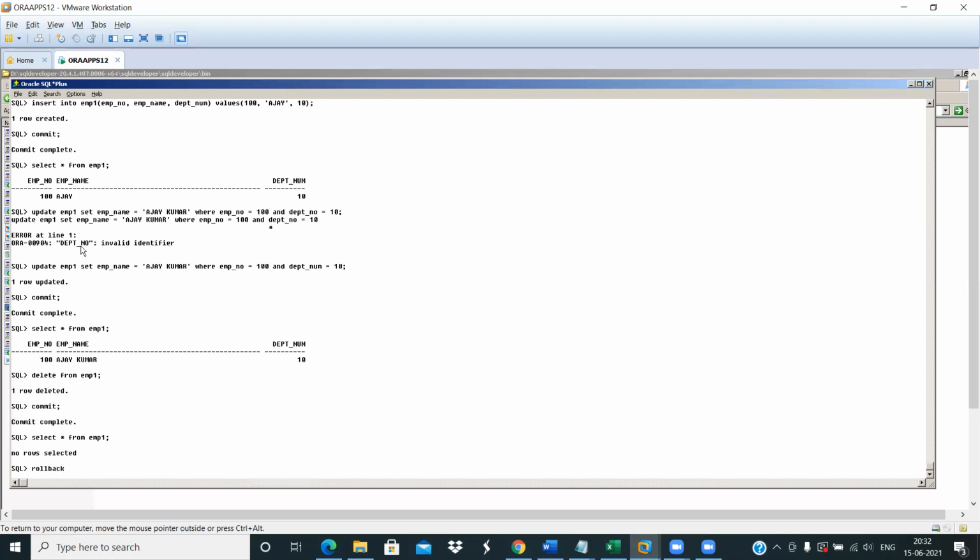But make sure whether you have given commit or not. If you have given the commit, then you have to give the update statement, modifying the data. Otherwise, as soon as you insert the data, you can provide rollback, and then insert again with fresh, correct data. That is the use of rollback, right?